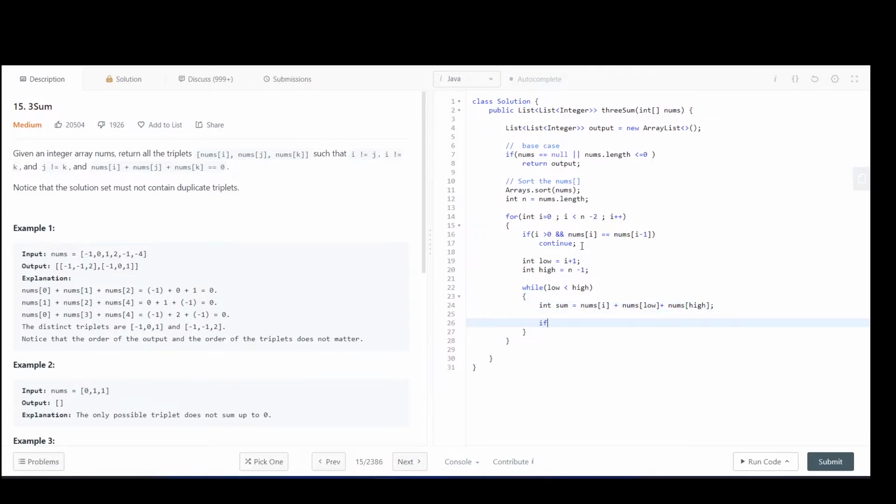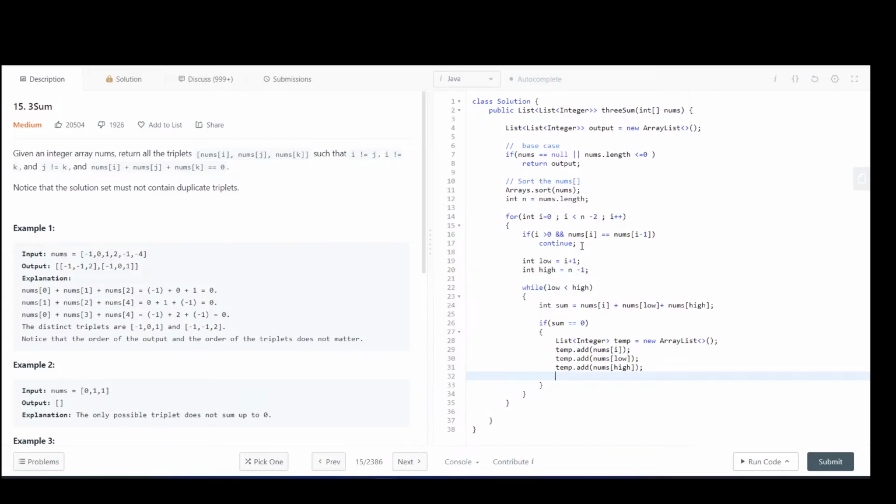Now we will check if our sum is 0. If we have got a sum as 0, then we will create a list of type integer, let's say temp equals to new ArrayList, and then in temp we will add nums[i], temp.add nums[low], temp.add nums[high],